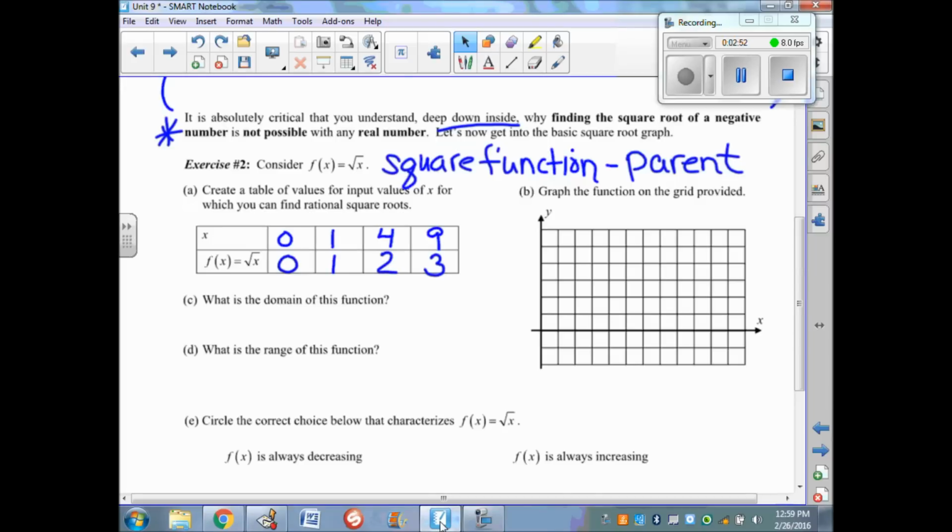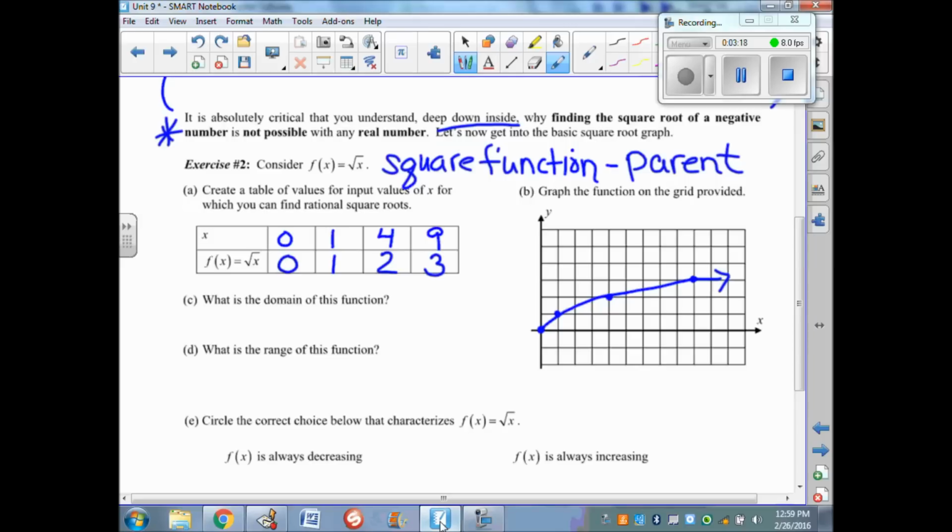And now let's take those points that we generated on our table and plot them. So 0, 0, 1, 1. We've got 1, 2, 3, 4, 2, 5, 6, 7, 8, 9, 3, and you can see what happens here. So there's our beginning point, and it does continue on to positive infinity,